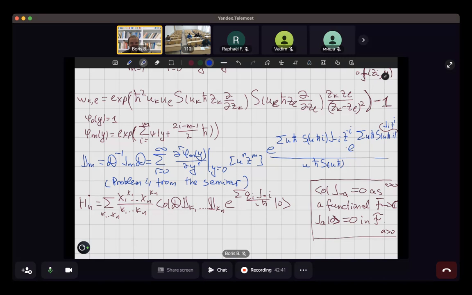Then what does it mean? That it multiplies each summand in this linear combination of Schur functions by a certain number. And if you compare this expression and the expression without this D,